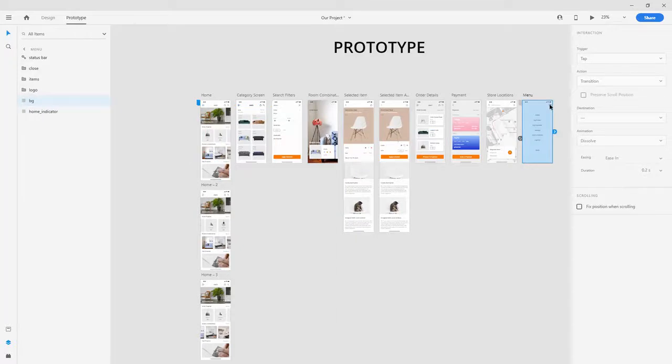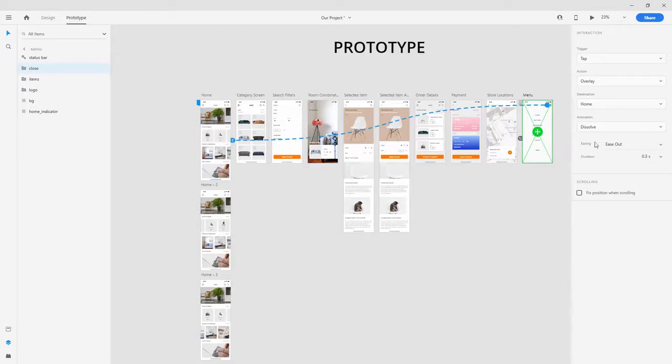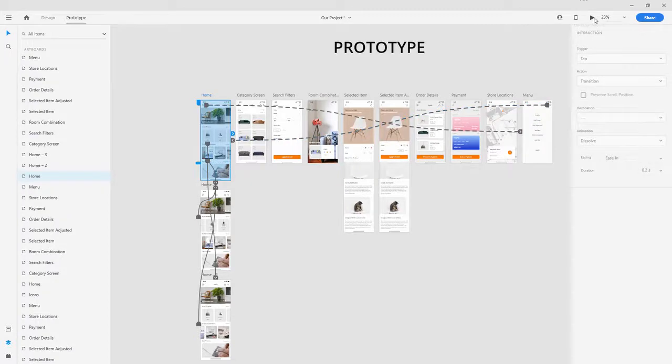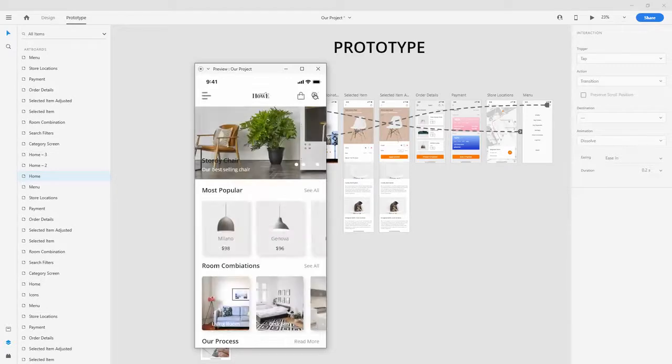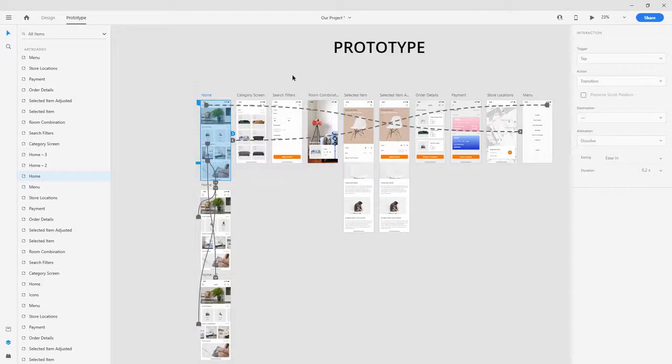So when you click this X icon right here, drag it to here, tap, overlay, home, dissolve, so it will go back, and let's quickly test it out. So hit play, hit right here, and as you can see, it will overlay on top of this screen, and when you click X, it's going to close it back again. So you can quickly do that for all of these screens if you want to, but we are going to jump inside that part a bit